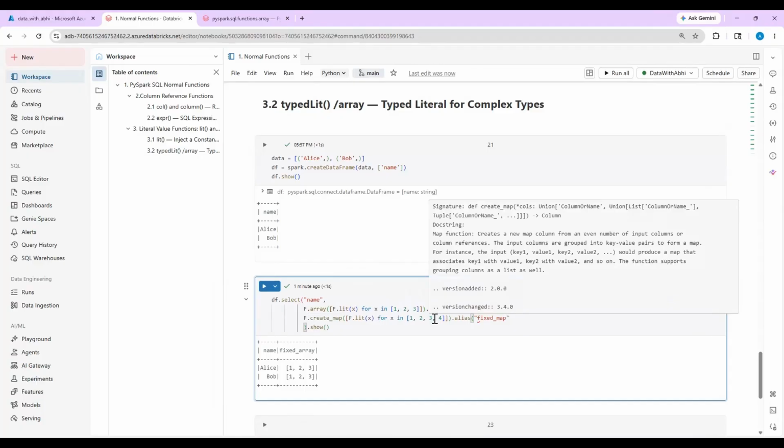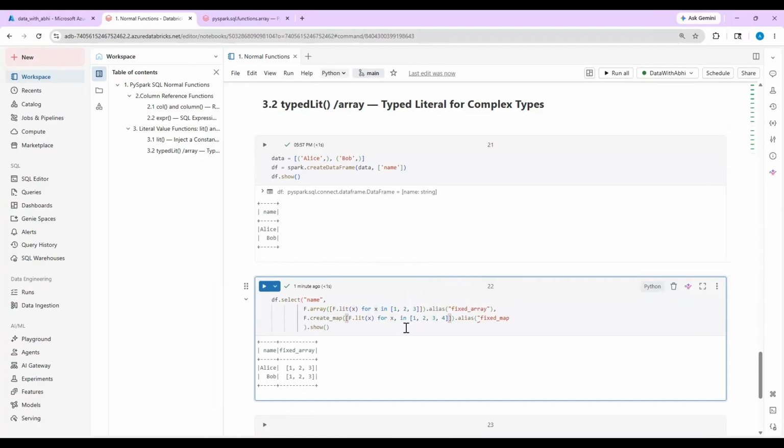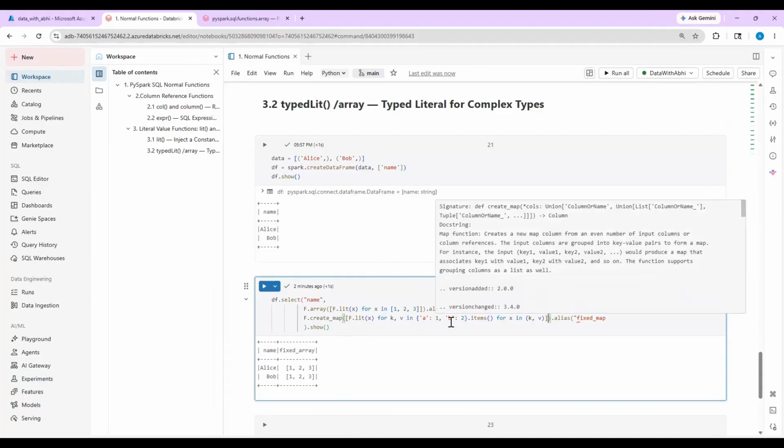Now for k, x and y, like key and value, we can type it as a key and value, like here, one for a, two for b,